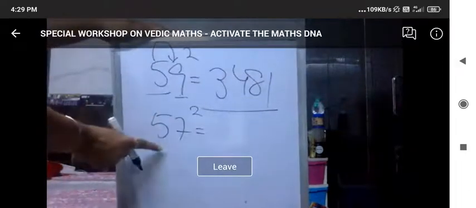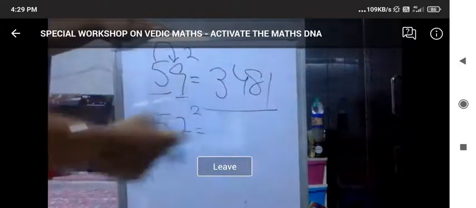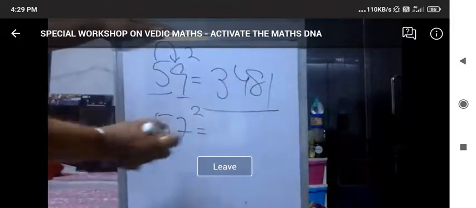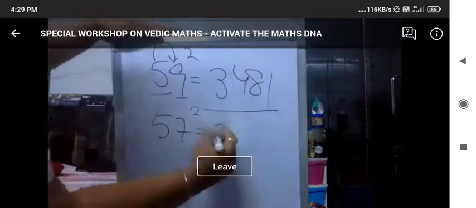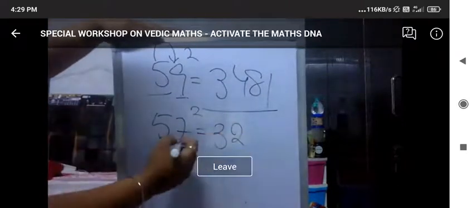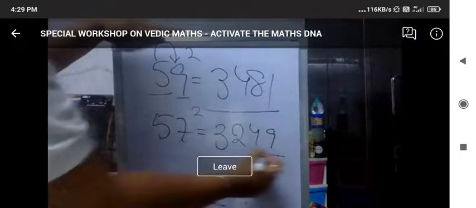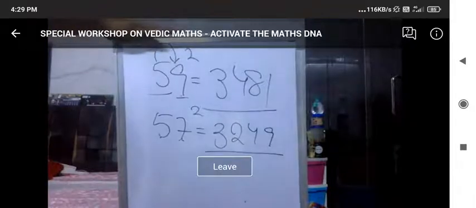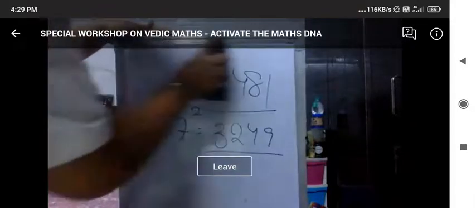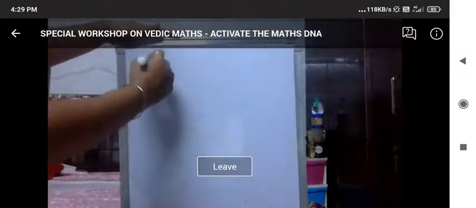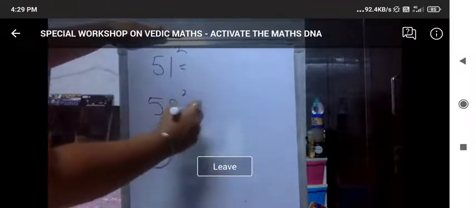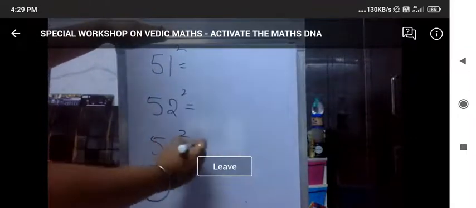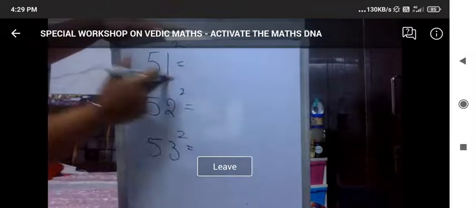Let's quickly see 57, for example. Now I'll start reading it from the front end. I want to write the answer from the front end. That is also very easy. 5 square 25 plus 7 is 32. 7 square is 49. I got my answer 3249. Okay. Now pay attention. This is a little important for you to understand. When we take out the square of one's place value here in these numbers, 1 square is 1.